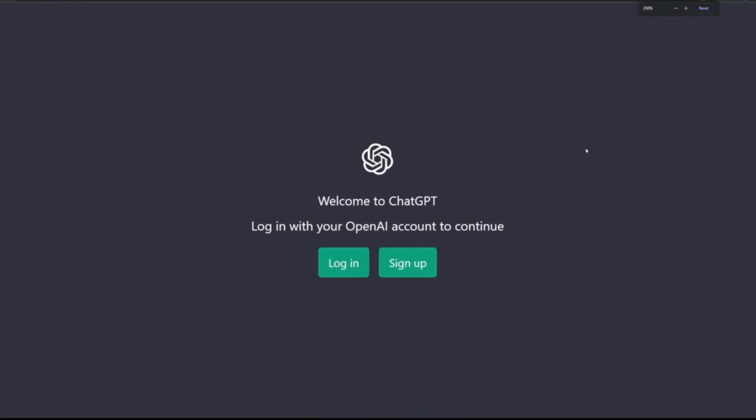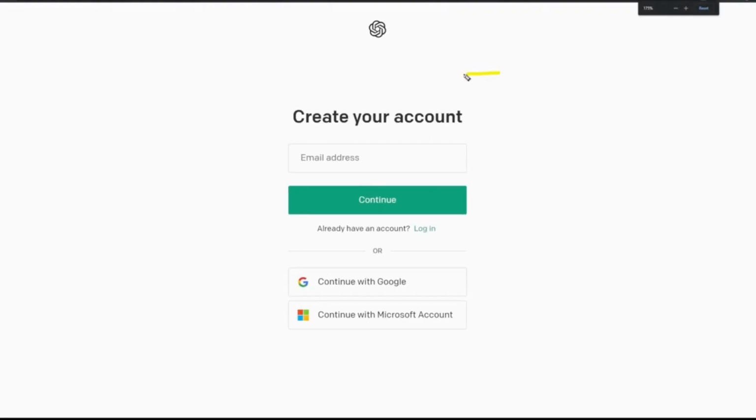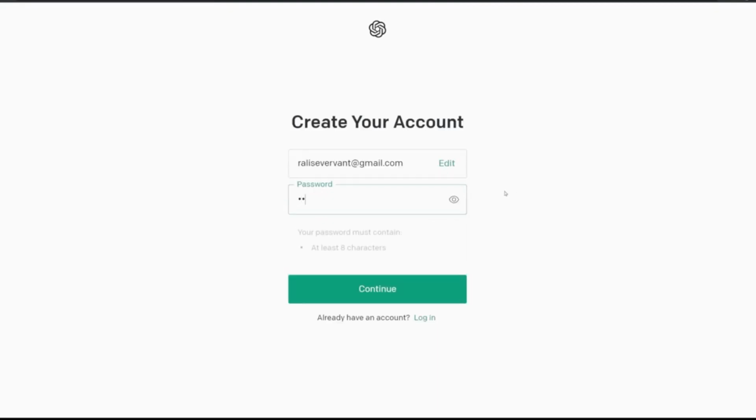If you don't already have a login with OpenAI, you can select to sign up and create a brand new one. For the sign up, it's quite easy. You can simply log in with an email address or with a Google or Microsoft account. While I already have an account, I'm going to create a brand new one so that you guys can see this process. I'm going to sign up with a new email address and go through the prompts to create an account this way. This will require the email address as well as a password and a two-step verification process, which